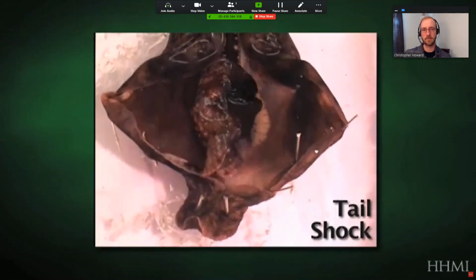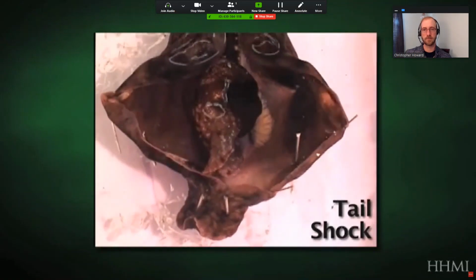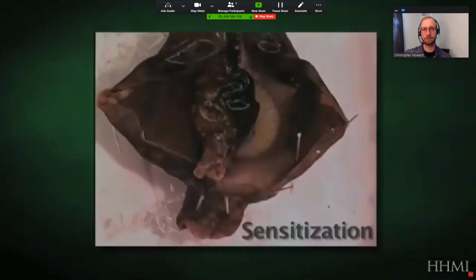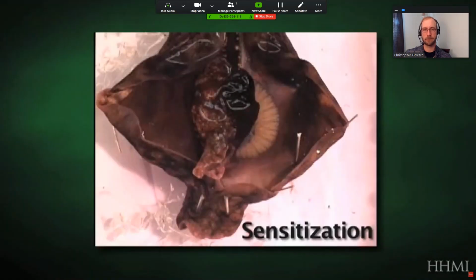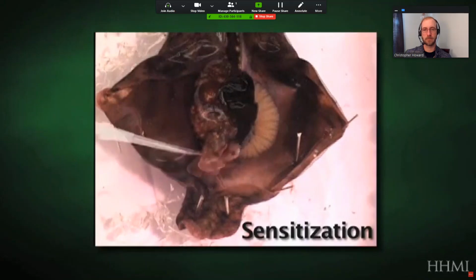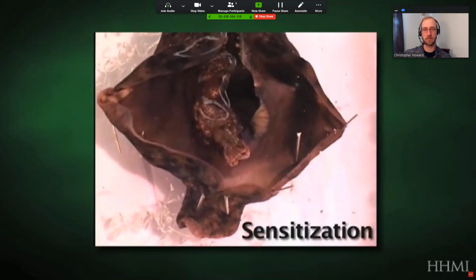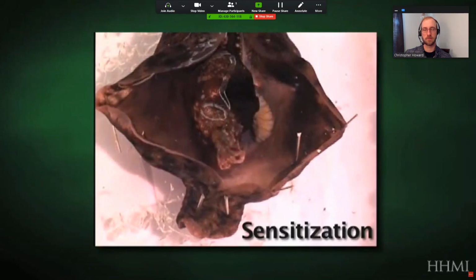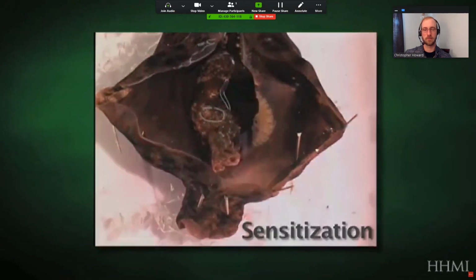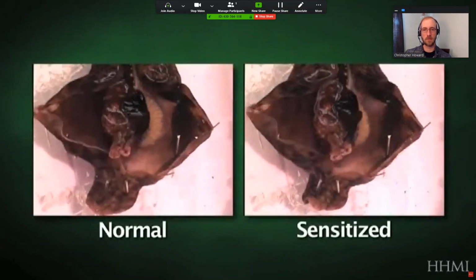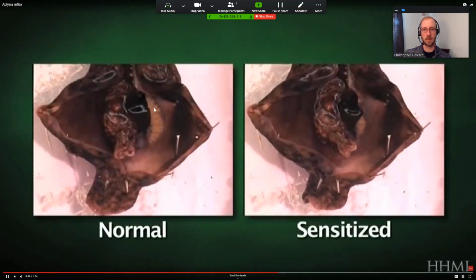That, of course, causes a contraction in its own right. This contraction lasts for seconds, but you can come back minutes later. The same siphon stimulus now produces a much more powerful withdrawal. We can now compare the two, normal and sensitized, and see how much more powerful the withdrawal is in the